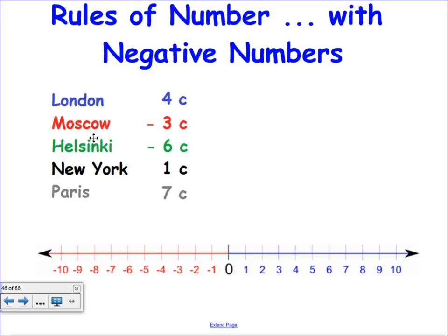So if I was going to say, what's the difference between Paris and London, I'm just taking 4 away from 7. It's a 3-degree difference. As soon as we start introducing negative numbers, everybody seems to go to pot. So if I said to you, what is the difference in temperature between Moscow and London, then all you need to do is visualise this and say, well, I'm -3 down here, I'm 4 up there, so I've got 3 to 0, another 4 that way, and I've got a 7-degree